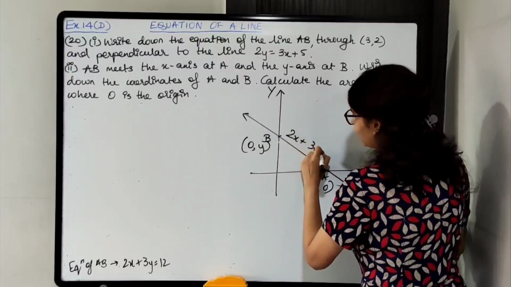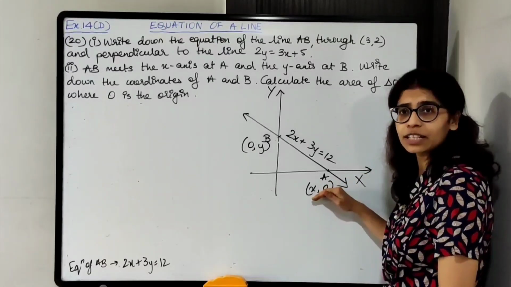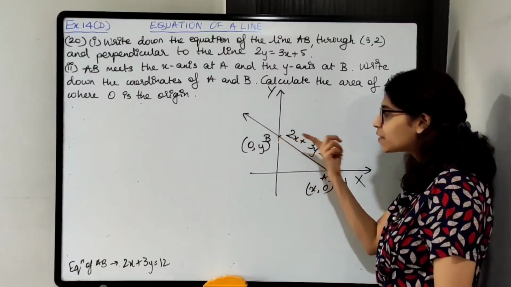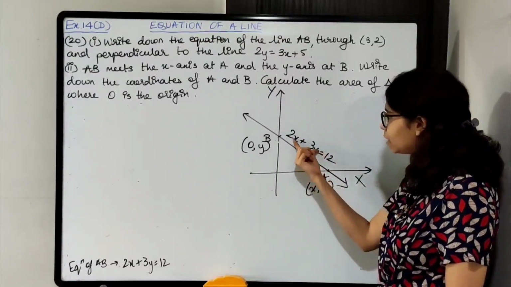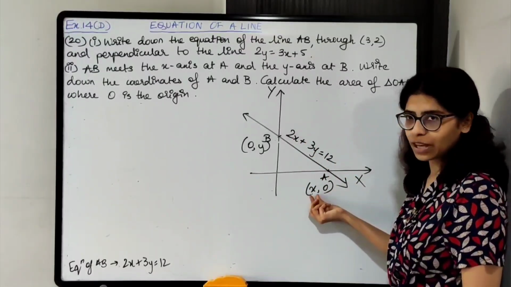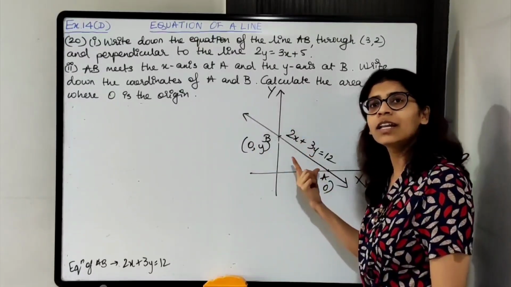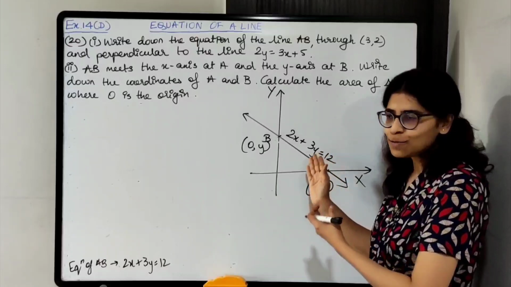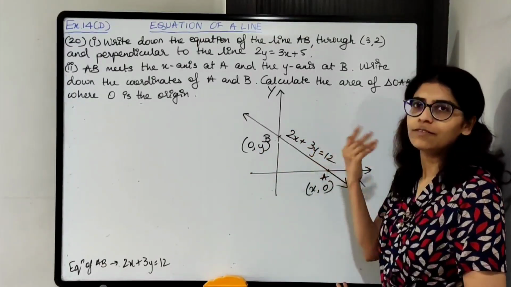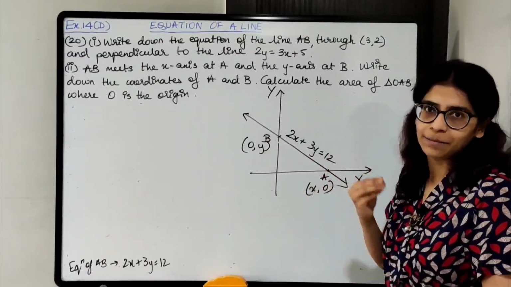2x plus 3y equals to 12 is the equation. A का coordinates find out करने के लिए I just have to put the values over here because it will satisfy the equation. So I'll just put the values x as it is, y की जगह पे 0, you will get the value of x. Okay, so coordinates मिल जाएगा. Same way for B, it is lying on the line, so it has to satisfy the equation. So put x की जगह पे 0 and y की जगह पे y and find out the value. Okay, so I'll easily get the coordinates of A and B.